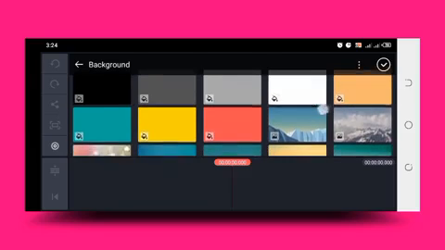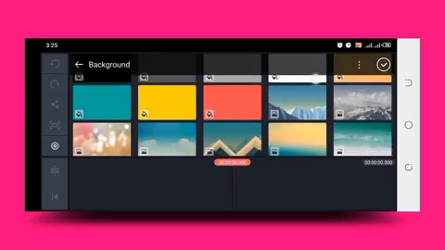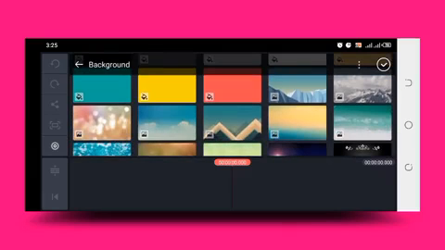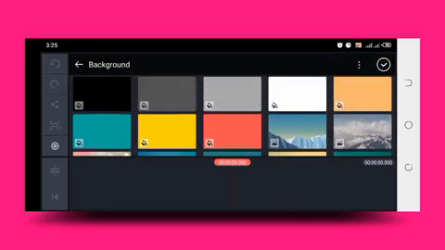Background, we have different colors. And the point to note here is that this is not just the colors, we have more colors. We have all colors, totally all colors, much more color, because you can change the color of any of these that you import aside from those that are images. We also have images. Let's just see one. Let's pick this color,